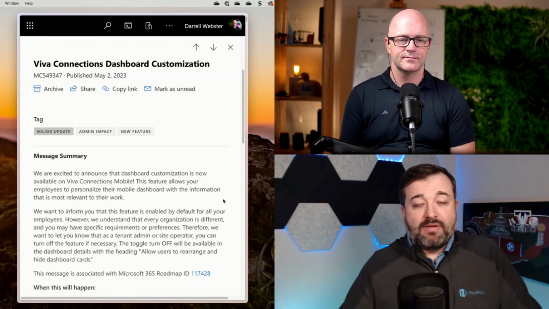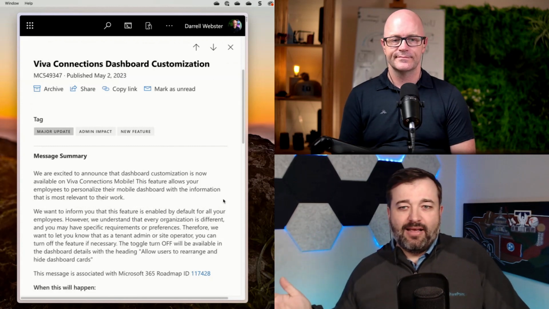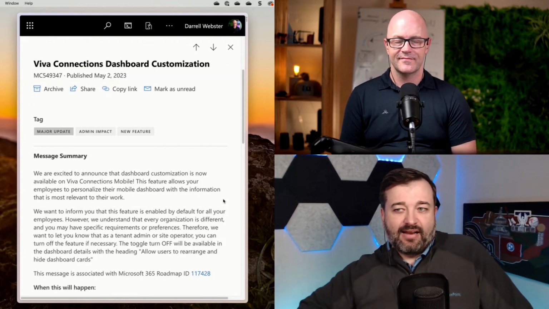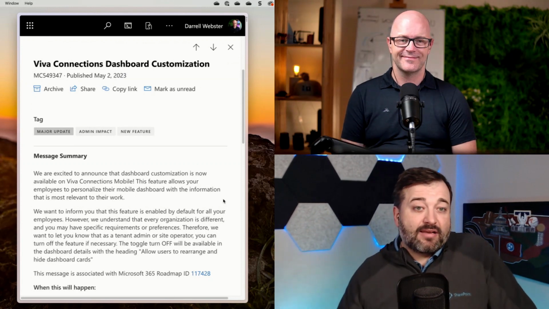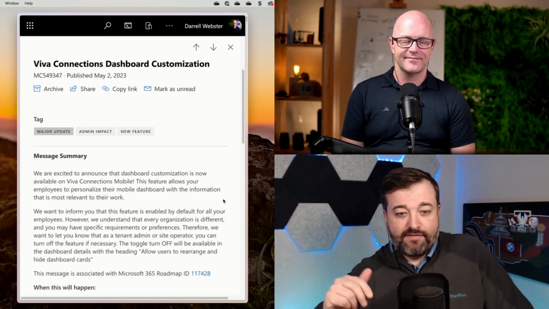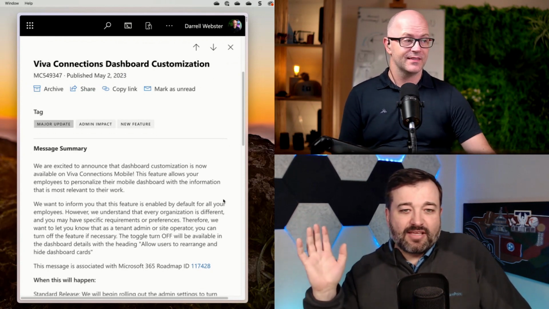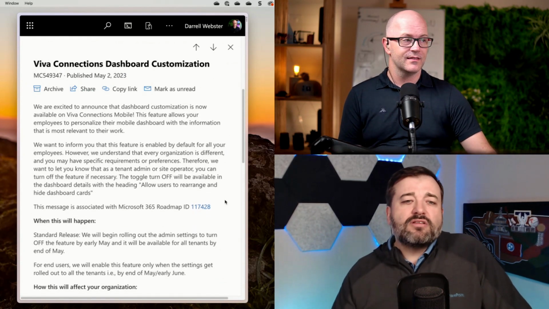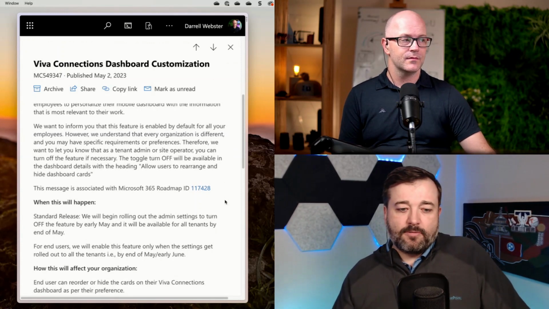What if an admin wants everyone to have it? We're getting reports that everybody went and hid this card, and how do we force it back to them? It doesn't look like there's a method to do that other than just turning off, maybe, allow users this toggle. Yeah. Maybe it resets everything. We don't know. So there's a lot of questions here, Darrell, right, that we just don't have answers to.